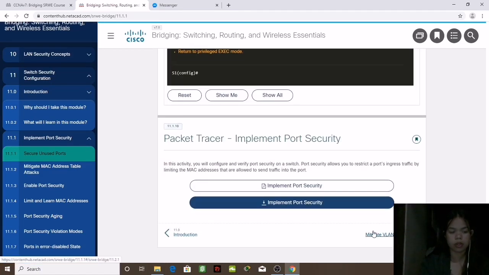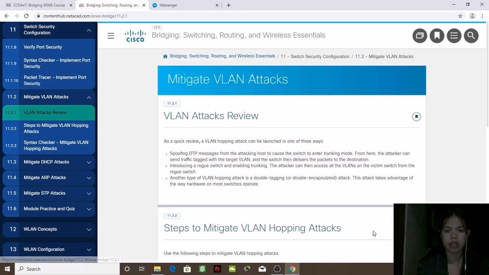So we're gonna do the next chapter, sorry, it's mitigating VLAN attacks. VLAN hopping attacks can be launched in one of three ways: spoofing DTP